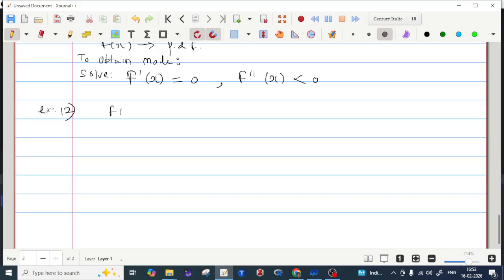f(x) is equal to x squared by 2 e raised to minus x, for x greater than or equal to 0, 0 otherwise. So for the following PDF,